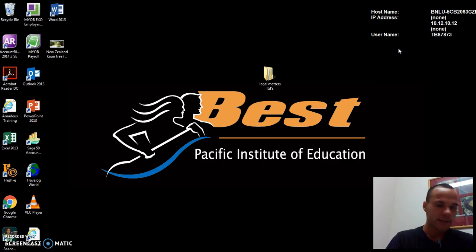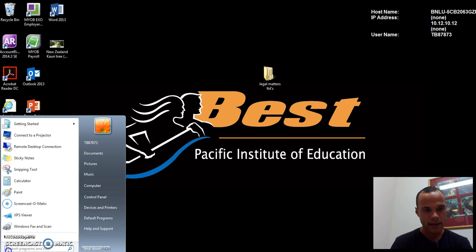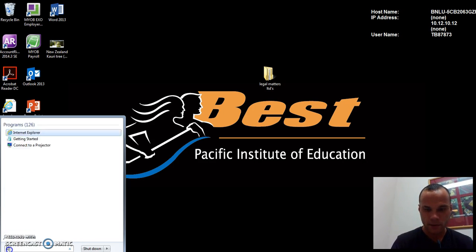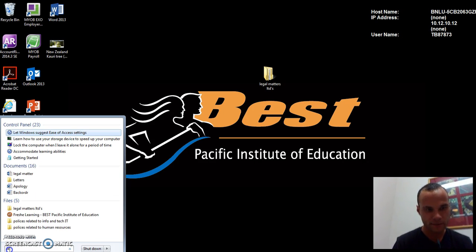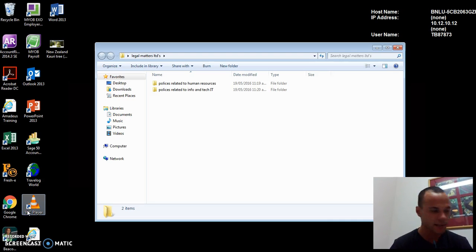Okay, I'm going to now follow step 2 and search for the folder that I've just created by taking my cursor down to the Start menu, clicking the left button on Start, and here I'm going to type in lowercase legal, which should bring up my folder, and that's it there. I'm going to press the left button on my mouse to enter, and I'm